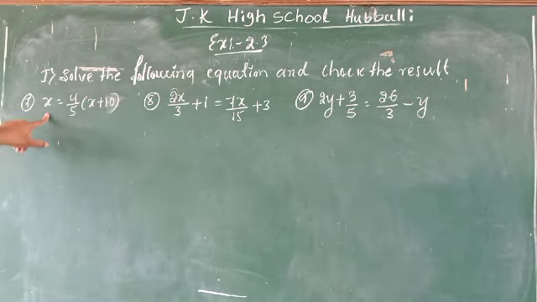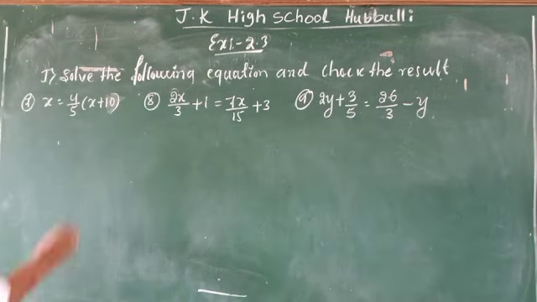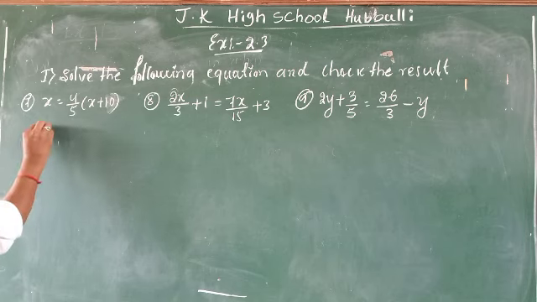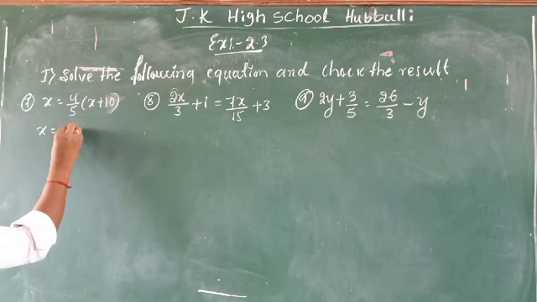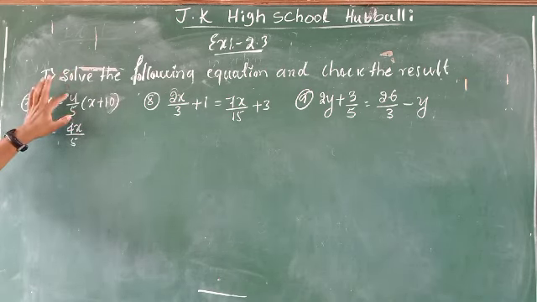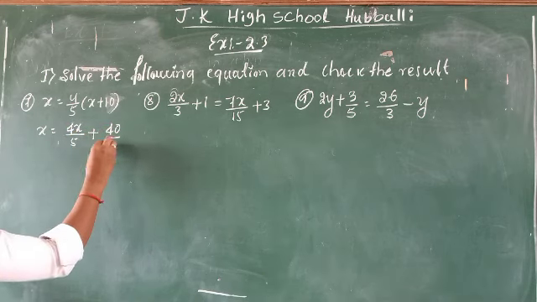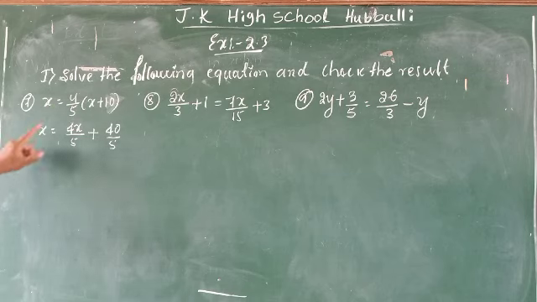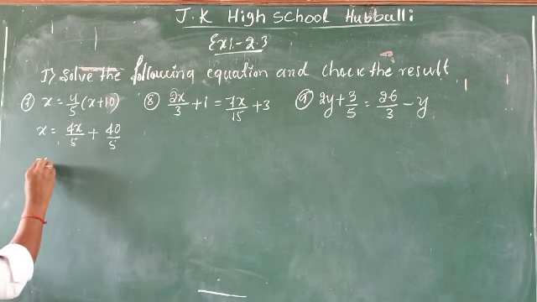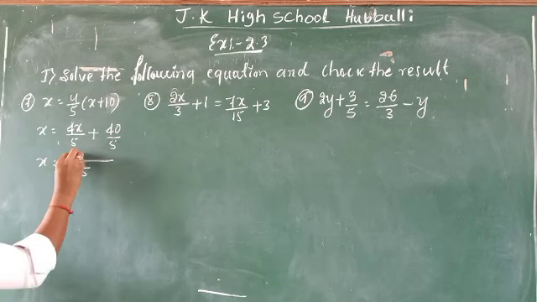So first one, 2x by 3, 2y plus 3 by 5. Shall we solve this question? x is equal to 4 into x, 4x by 5. Only multiply to the numerator. 4 into x, 4x by 5. 4 tens are 40 by 5. Correct? Later on, on both sides the denominators are the same. That's why 5 is your LCM.